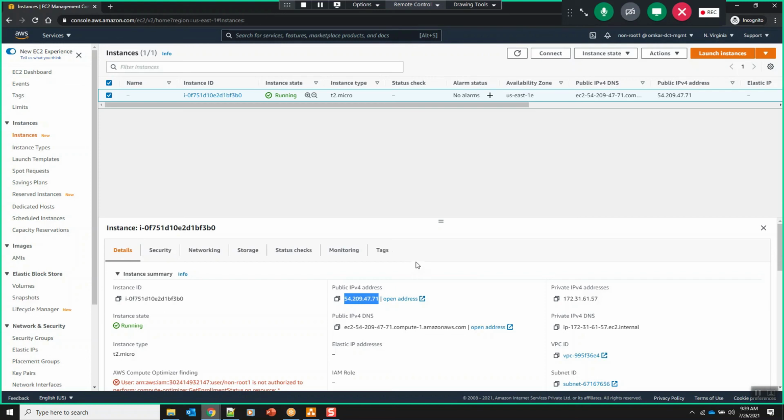No, because whenever we shut down and start the EC2 instance, AWS will revoke the public IP address from that machine, and whenever we start it, it will allocate one of the available public IP addresses to it. So this will be continuously changing.